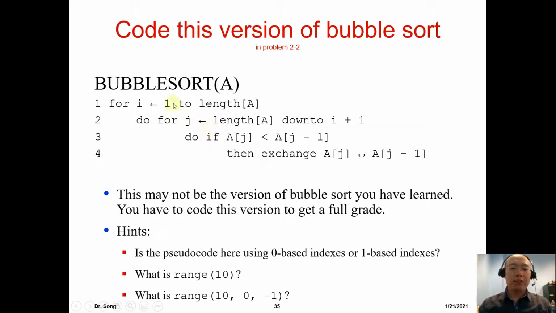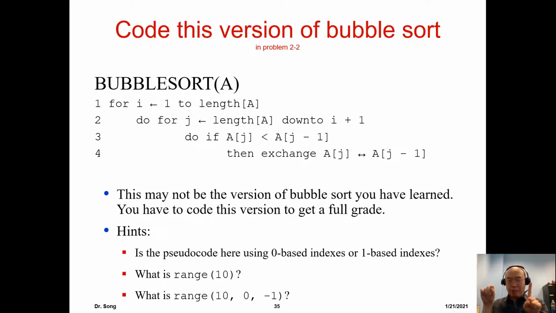When the author says 1 to the length, it really means from the beginning to the end. However, when you are coding this, you do have to remind yourself that when you put this into real Python code, it should be from 0 to the length of a minus 1. And then for j, j from the length of a down to i plus 1. Length of a, what does that mean? This means it is from the end